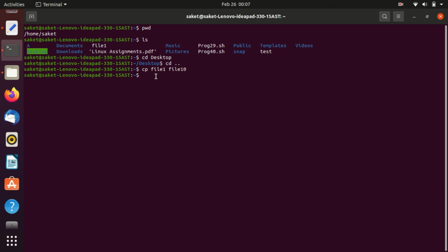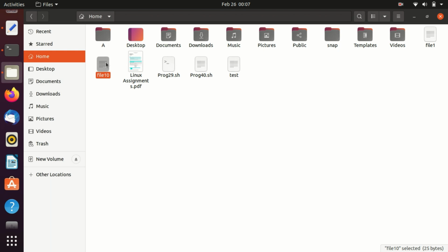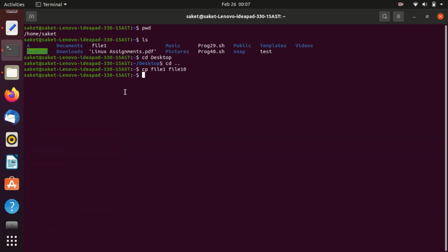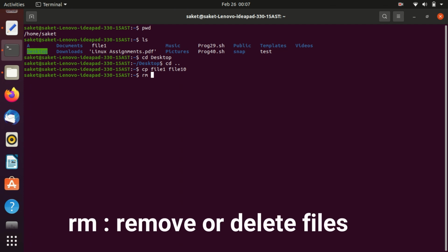Okay, so we are moving to our next command, which is the rm command. rm stands for remove or delete files. If I want to delete this file, file 10, there is a command named rm.